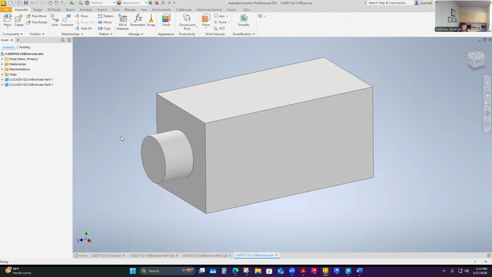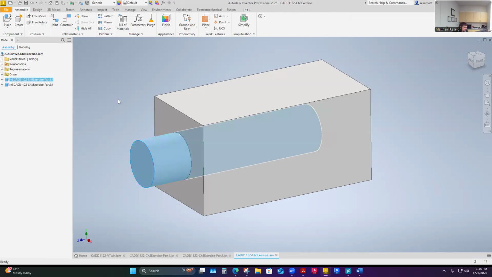So let's see here. What I've got is the assembly that we did, right? And I've got this one constrained. It's a little different assembly. Maybe I've got them named a little bit different, but it's okay. Don't worry too much about that. I just want to show what's in my model space. I do need to,